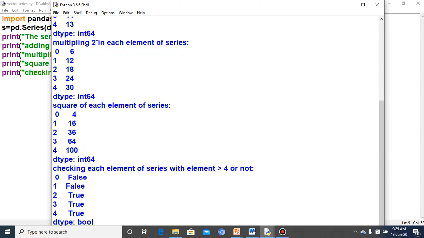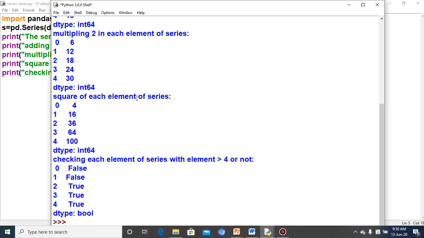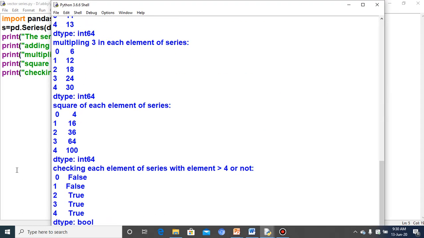In place of multiplying 2, it should be written as multiplying 3. That is the confusion here. Multiplying 3 in each element. And dtype: whenever you take the output for a series, the left column will have the index number, the right column will have the data value, and dtype will be returned.